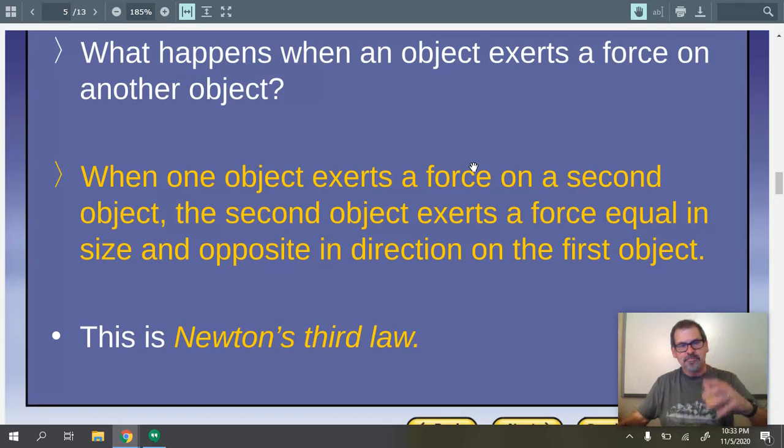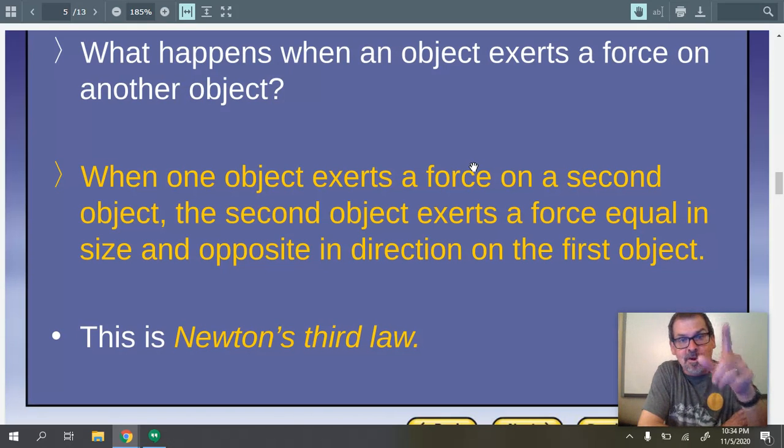All right, so back to our example of a player running up and kicking the ball, right? So a player runs up and she kicks the ball. The ball is actually exerting a force back on the player's foot, right? And the player's foot is exerting an equal force on the ball. Now this can often be confused with, why does the ball then move? Because if the force of the ball pushing back on the foot is the same as the force of the foot being applied to the ball, why would any of them move? And we'll get to that in just a second.